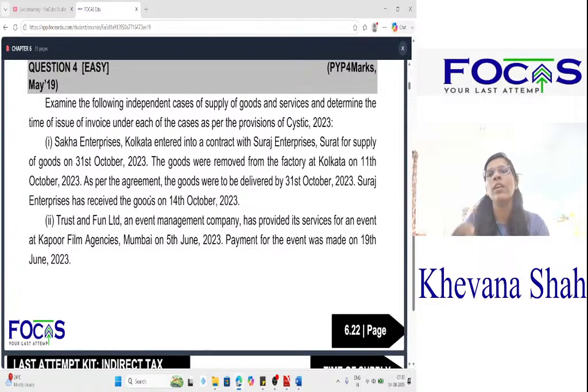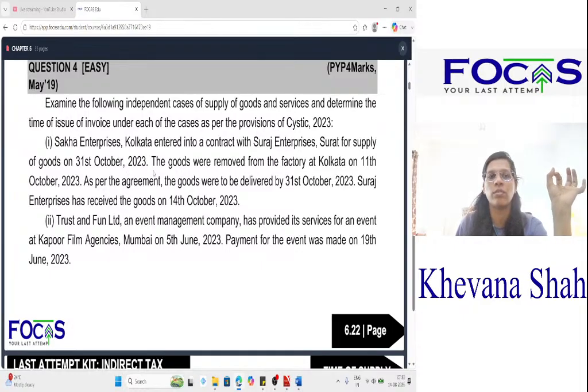Now, question number 4. Examine the following independent cases of supply of goods and services and determine the time of issue of invoice under each of the cases as per the provisions of the CGST Act 2017. Okay, there is a correction. Now, first case is Saka Enterprises, Kolkata entered into a contract with Suraj Enterprises, Surat for supply of goods on 31st of October